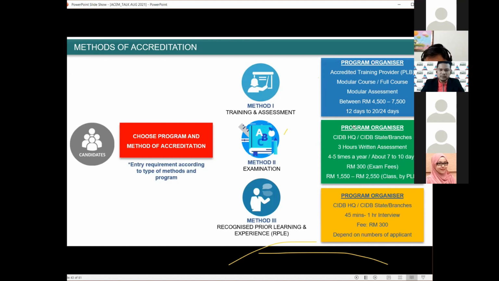Of course, method 2 is the middle one, not so expensive, not so hard. But of course, you need to know, because the way you understand, you cannot speak. You need to write. Some of our participants are better in writing, so they can write well, but they cannot speak well. So when they go for interview, maybe they fail because they cannot speak well.